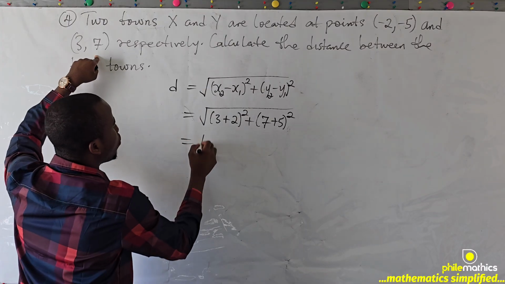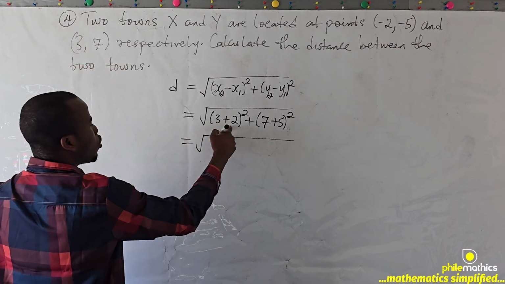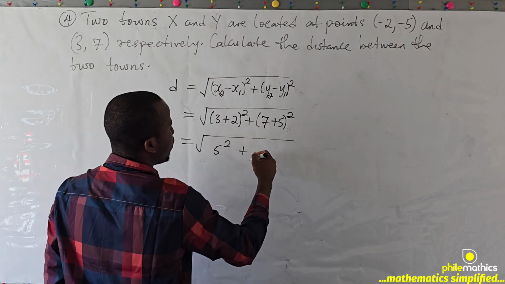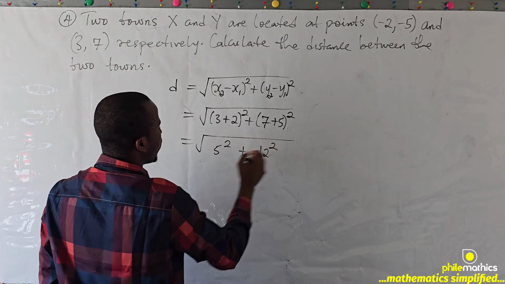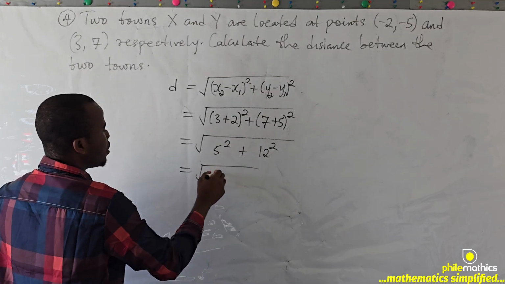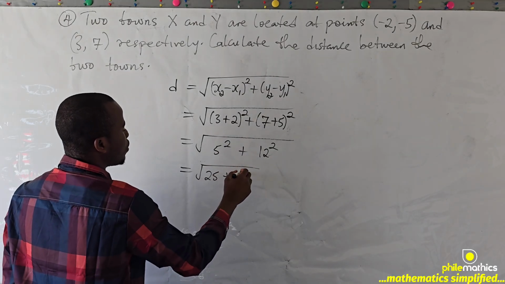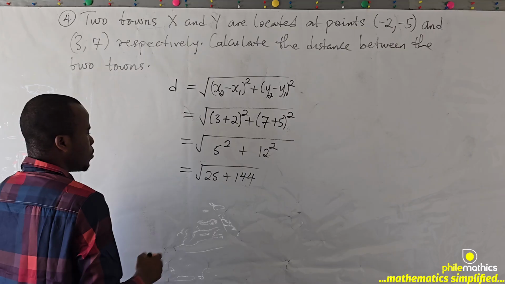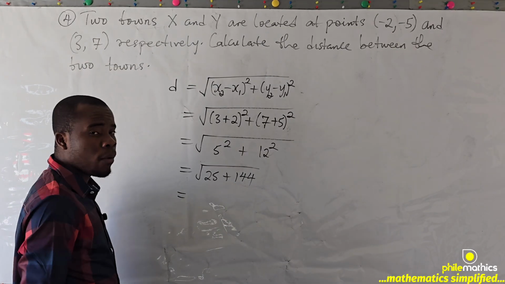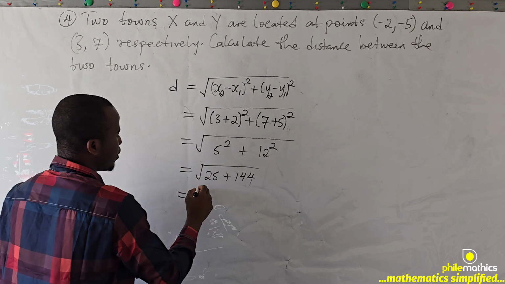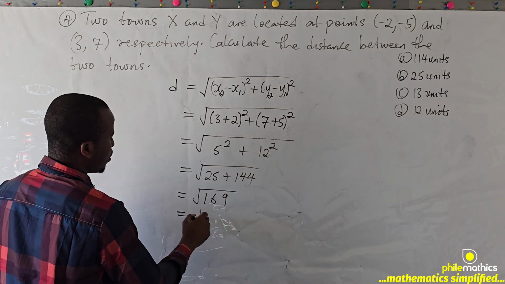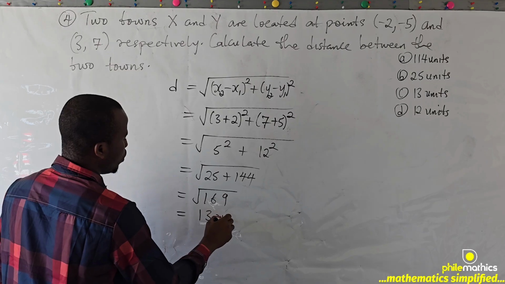And so 3 plus 2 is 5 squared, 7 plus 5 is 12 squared. If we take this, 5 squared is 25 and 12 squared is 144. If we add this, 25 plus 144 is 169. And so this is 13 units,